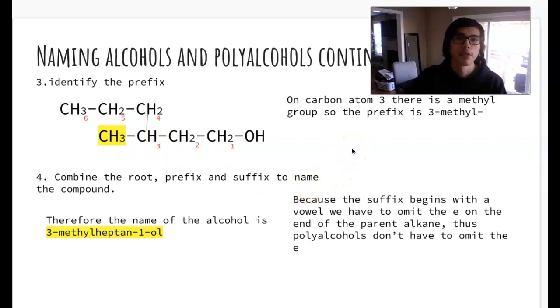For the fourth step in naming alcohols, you want to combine all your steps, which is the root, the prefix, and the suffix, to name your compound. So the name of this alcohol in our example is going to be 3-methylheptyne-1-ol. Now, an important thing to remember with the parent alkyne is when the suffix begins with a vowel, we have to omit the E on the end of the parent alkyne. This means alcohols which only have one hydroxyl group will always have to omit the E, and polyalcohols, which will always have more than one hydroxyl group, don't have to omit the